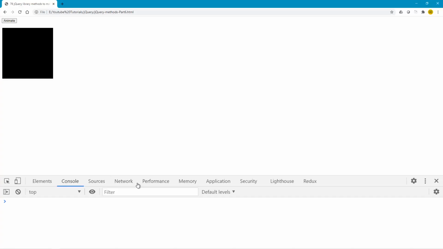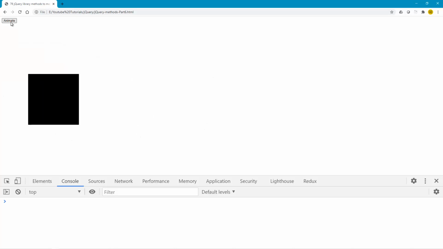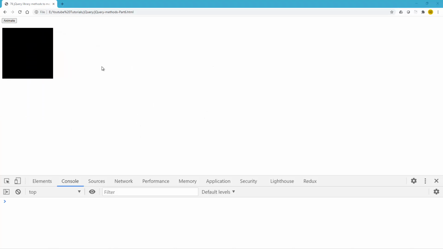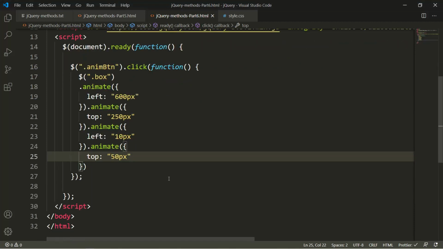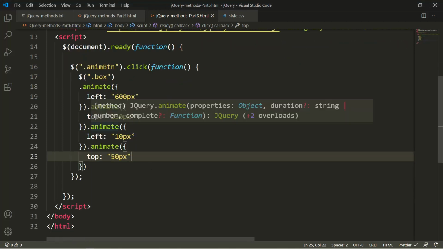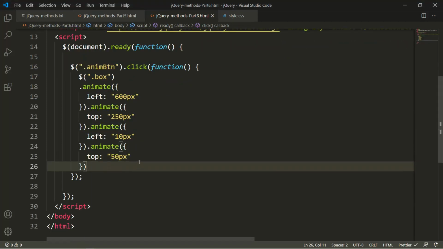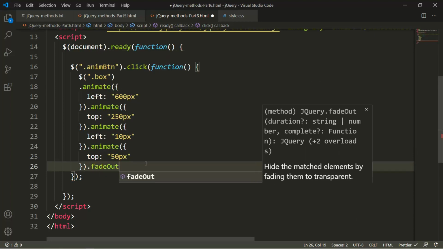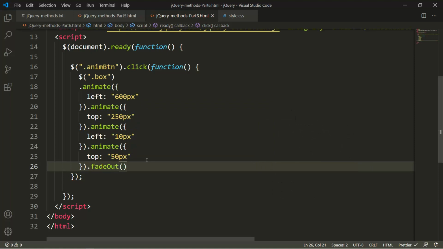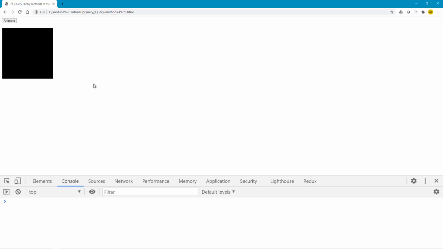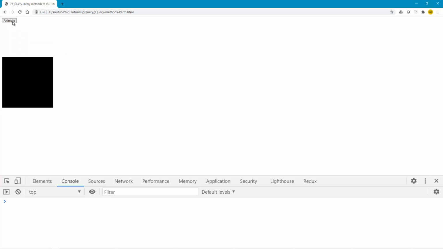So if I go back to my web page, if I refresh, if I click on animate, you see the tag has animated. So click again, this animation. So you can do animate chaining or the animation chaining in jQuery. So let's say finally I want to do fade out. So I want to hide this div tag finally when the whole animation is complete. So if I refresh, animate, gone,